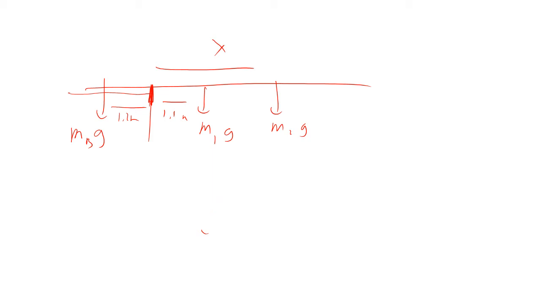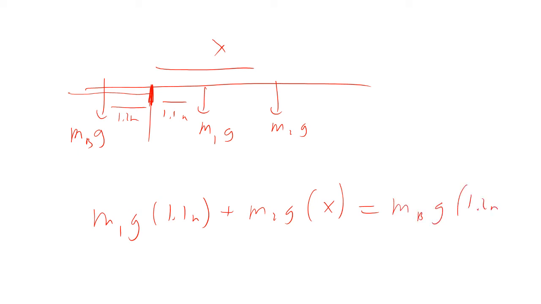So the clockwise torque is going to be m1g times 1.1 meters plus m2g times x. The counterclockwise is going to be the mass of the bricks times g times 1.2 meters. Well, the g's all cancel, and so we look at this and we say, okay, then we can say